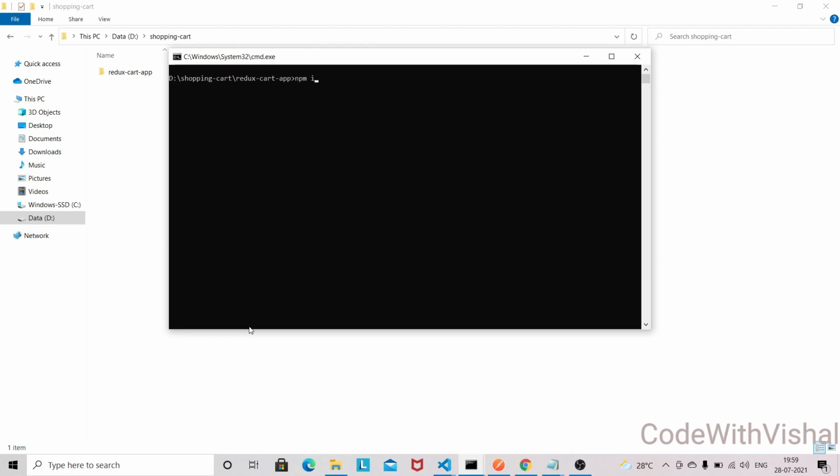I need npm install --save, and the package is mdb-react-ui-kit to work with our components. Then we need redux-logger, and we need react-redux, and I think that's all that is required